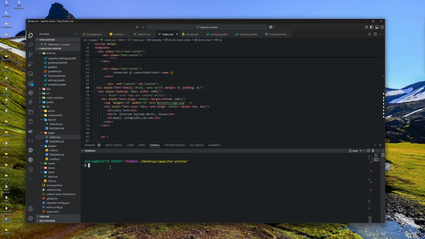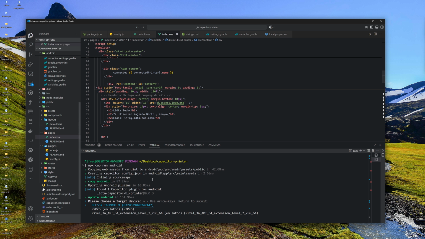that we were running at that time is to npx cap run android. All right, and that should list the devices that you've got, and I'll use the first device, the thermal printer, the POS thermal printer that I am using, and the application should be able to run on that